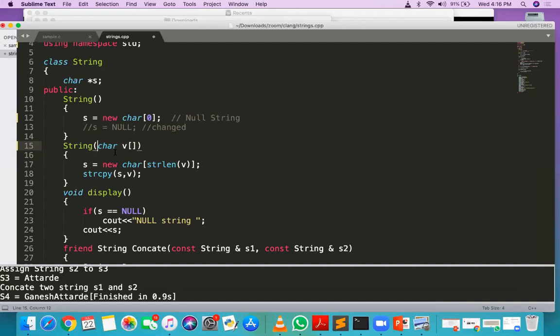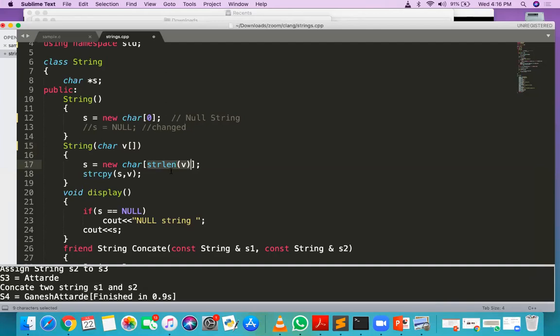Now using that v, you need to create one dynamic memory. How to create dynamic memory? We know that using new. The data type is char, and what is the length of that memory? The length is strlen of v, strlen being the string length function.